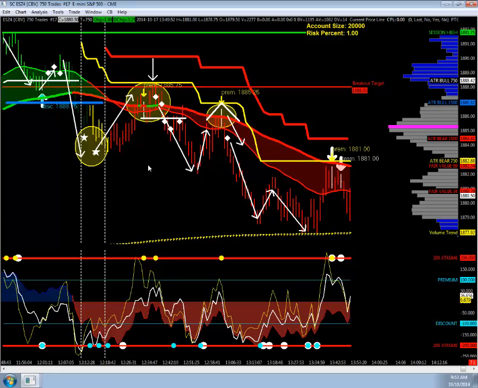So we'll conclude the video at this point, and this was again the anatomy of a bear stacker trend shift, and I hope it's helped,